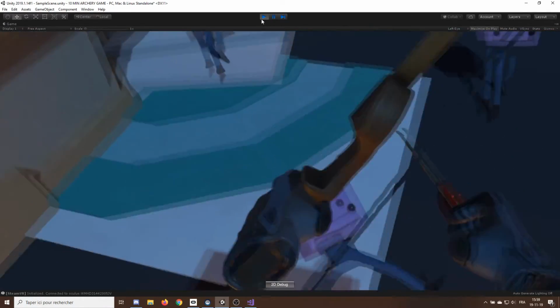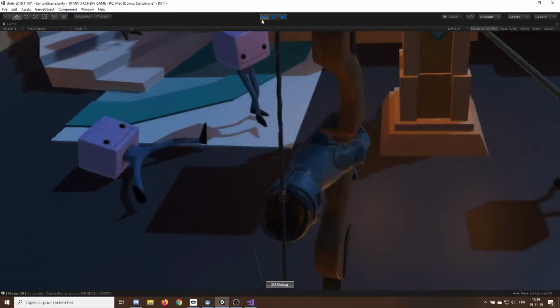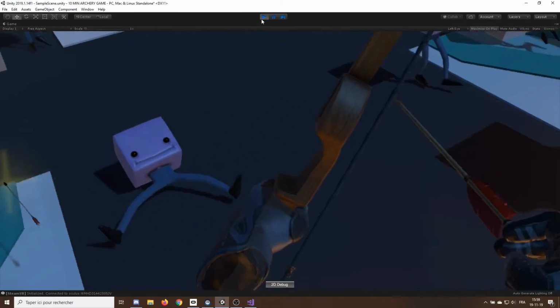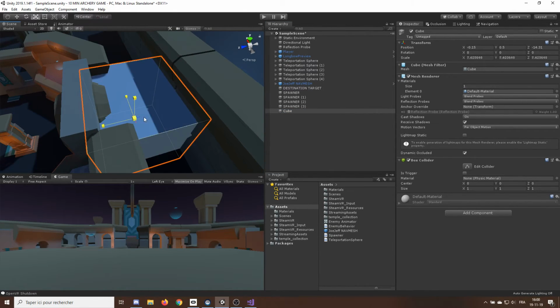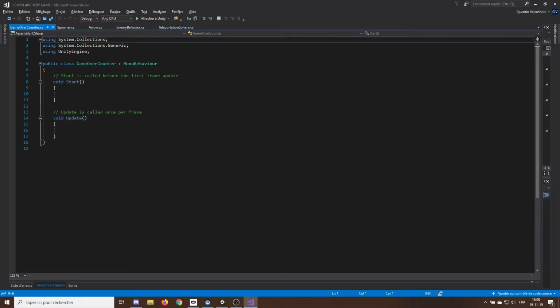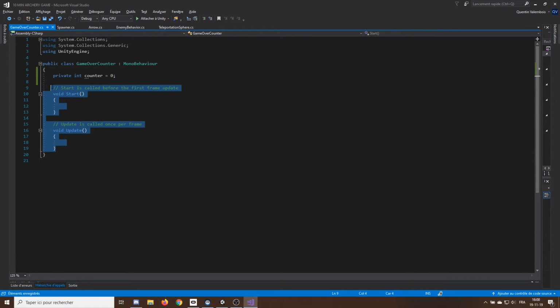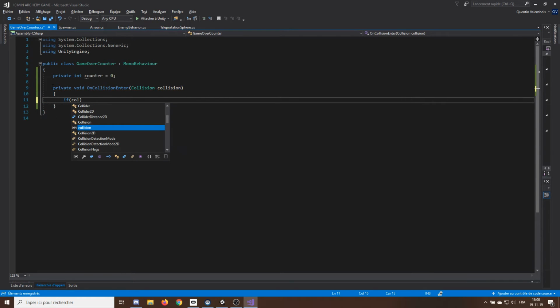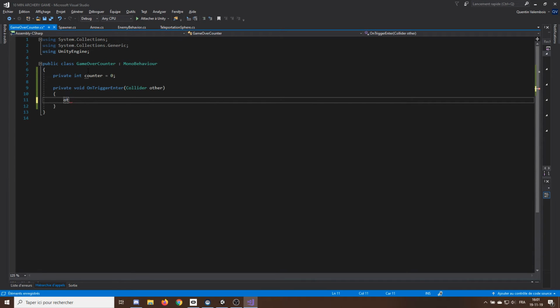Okay, now for the cherry on the cake, the last thing we need to do is make the player lose if he lets too many enemies pass the door. So to do this, we will add a cube here, which I will remove its mesh renderer and set the box collider to trigger. And now inside a script attached to this cube, we will count the number of enemies with the onTriggerEnter function. So when something enters the trigger zone, if the tag of the game object that is entering is an enemy, we will increment a counter variable, and if the counter is bigger than, let's say, 3, we